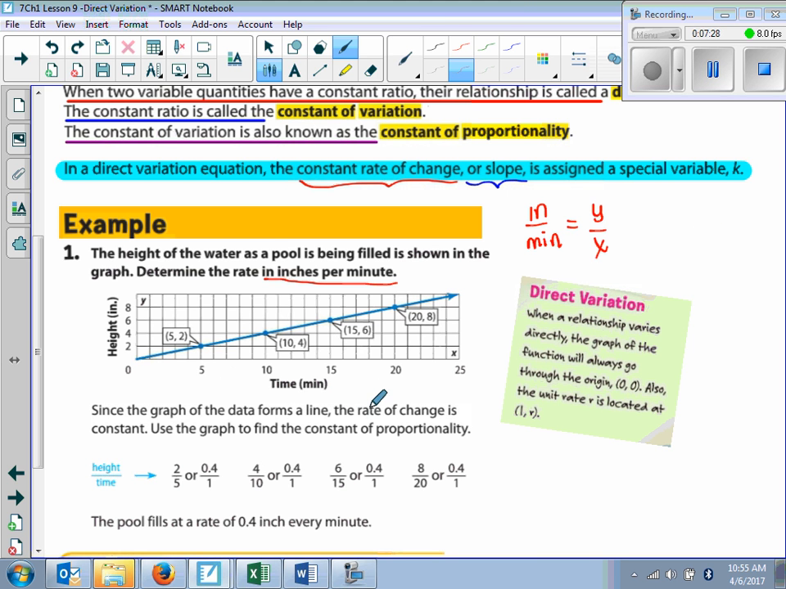Looking at the graph, since the graph of the data forms a line, the rate of change is constant because it's a straight line. And because it goes through the origin, we know it's proportional. And because this line is proportional, we know that it has direct variation. So let's prove it. If I look at each one of our rates,